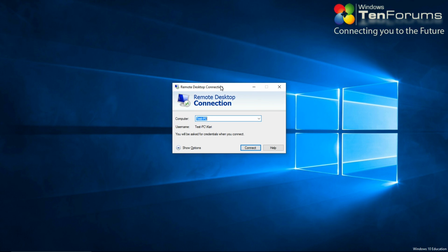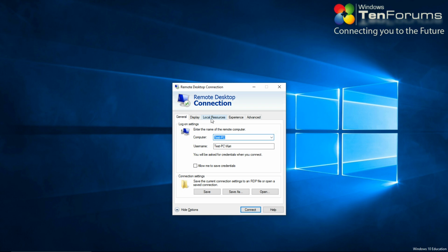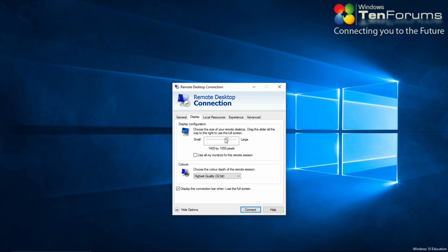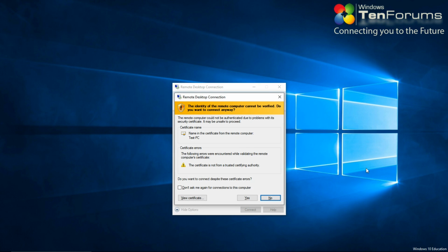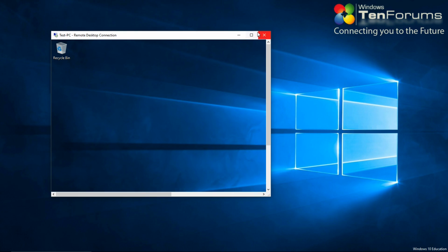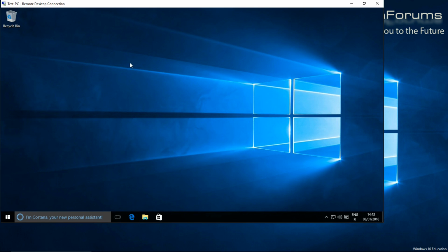Let's repeat this, connecting to a network resource or remote computer using a full username. It couldn't be easier.